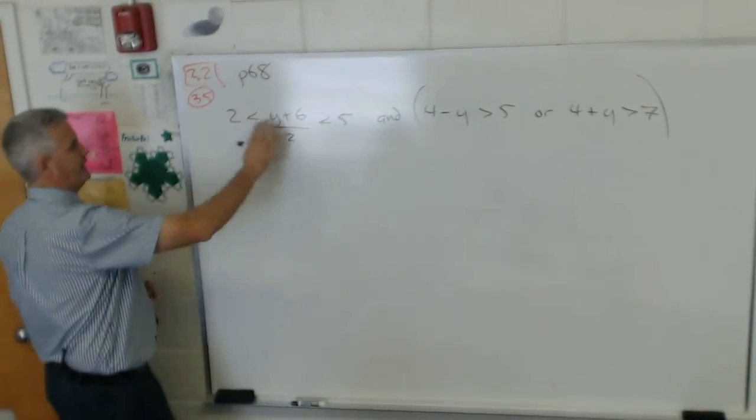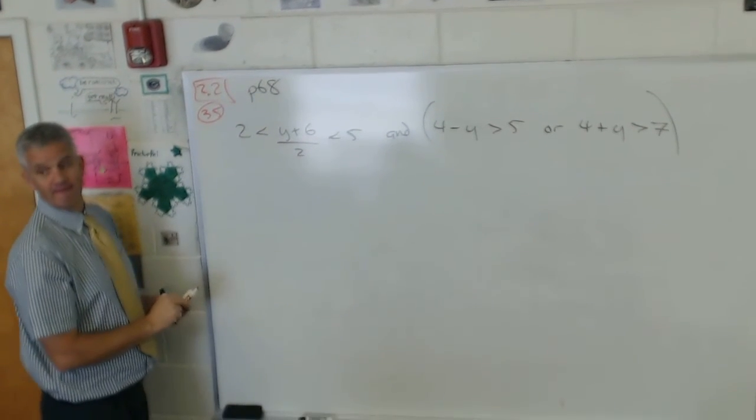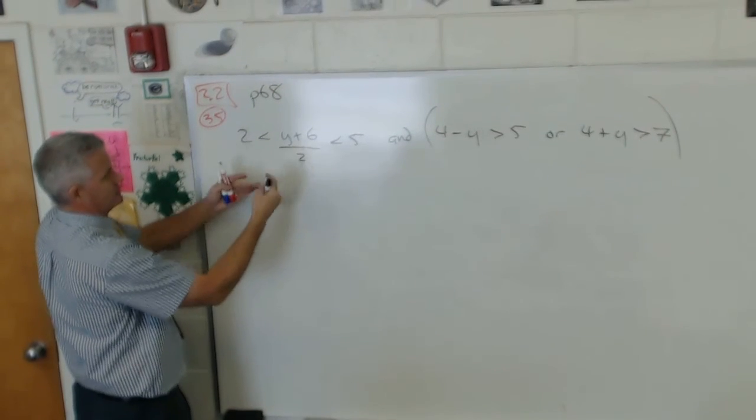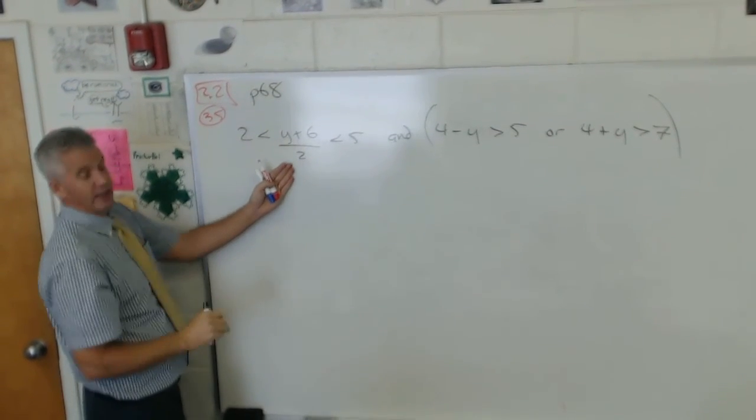And so right here, do what, Elizabeth? We want to isolate this y in the middle. It's in the middle. y is between stuff, so we want to isolate it. To get the y alone, we